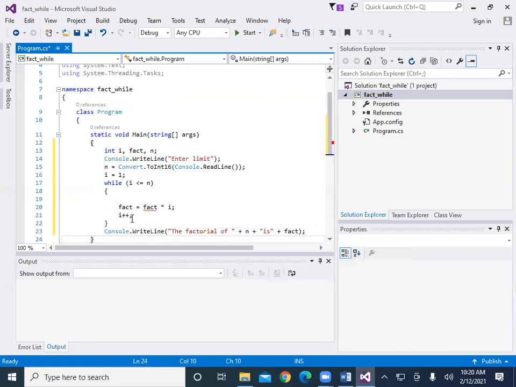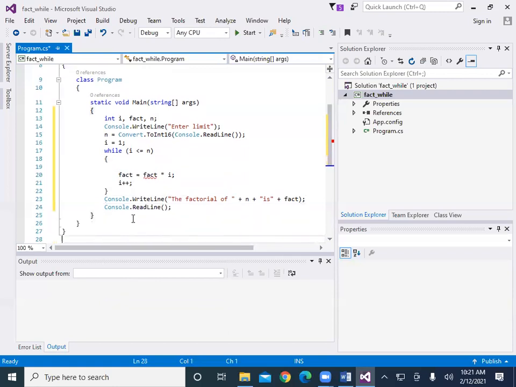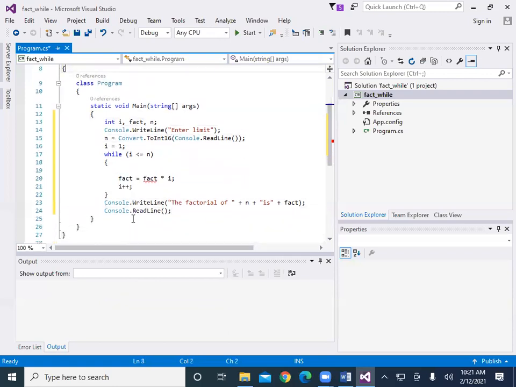Okay, and after that we write Console.ReadLine. This is the simple program.